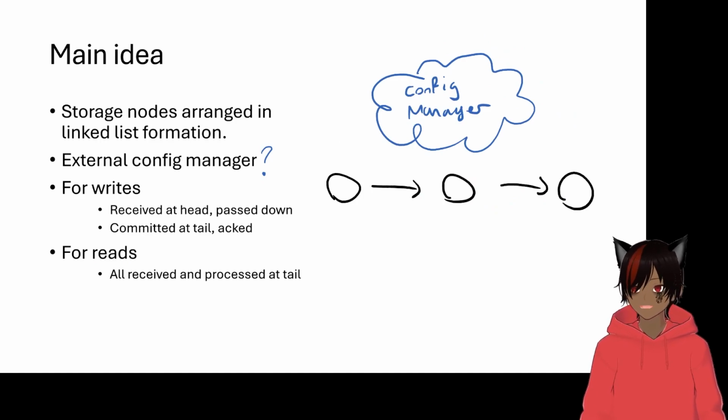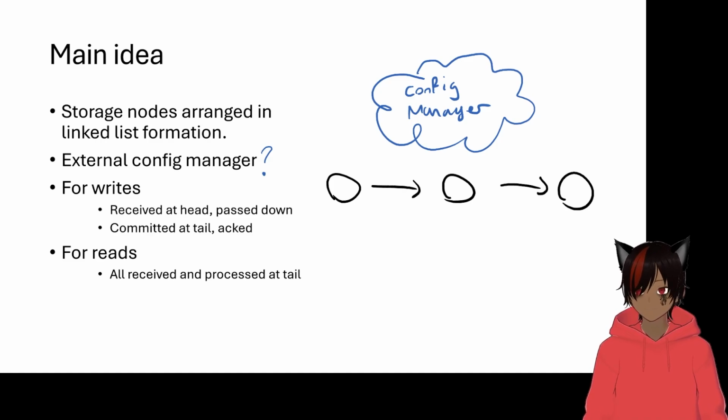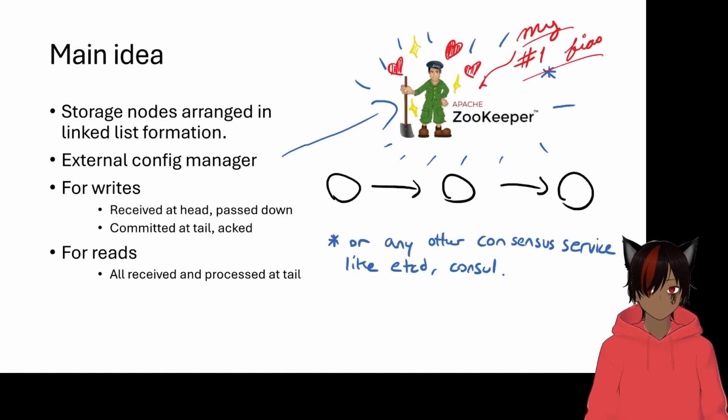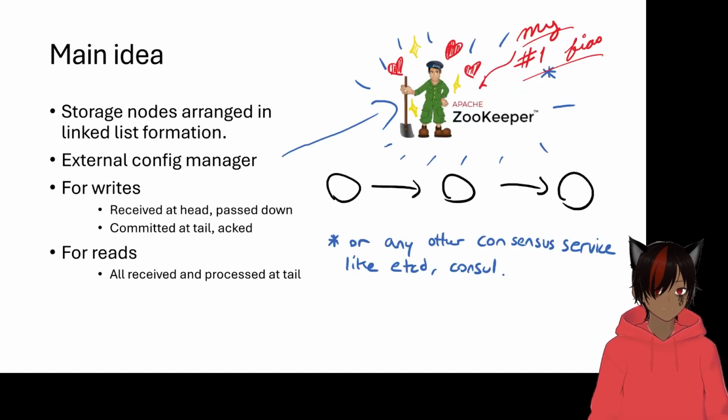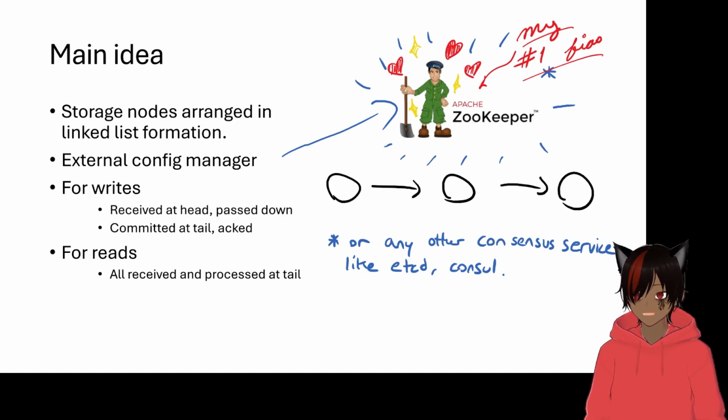And what about this configuration manager business? The configuration manager is what's storing the whole idea of the chain, and it's actually the one that's detecting failures. And so what sort of software is this? Well, it's something like Apache Zookeeper, just the best, right? What a cool guy. And essentially, any other Zookeeper-like cluster management software would work, something like Consul or etcd, don't really know how to say it.